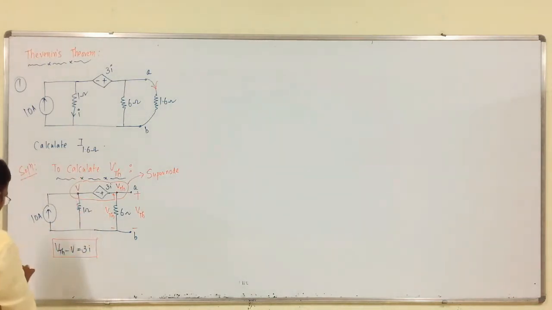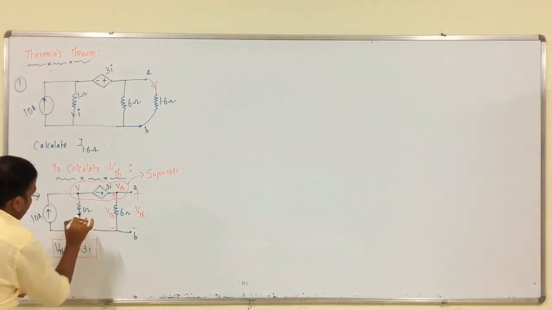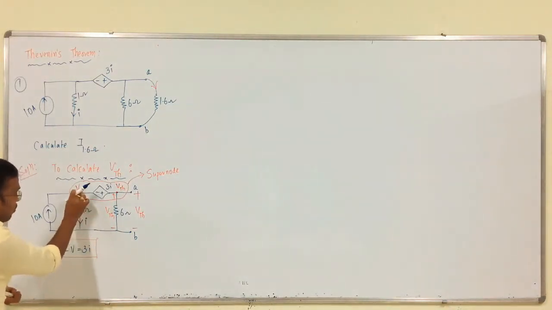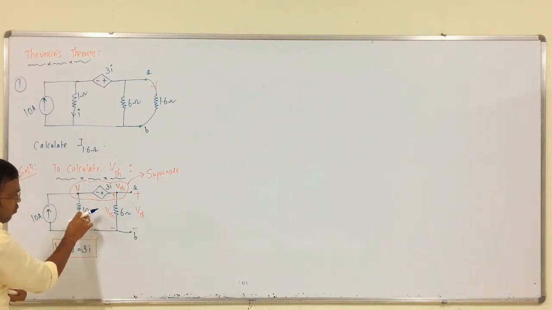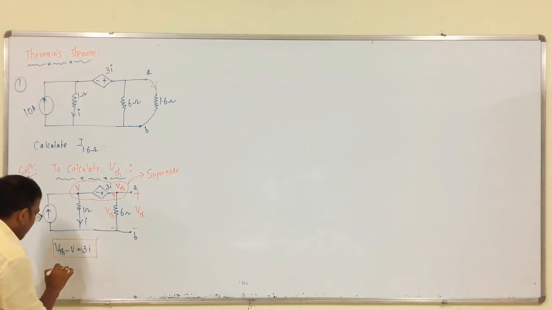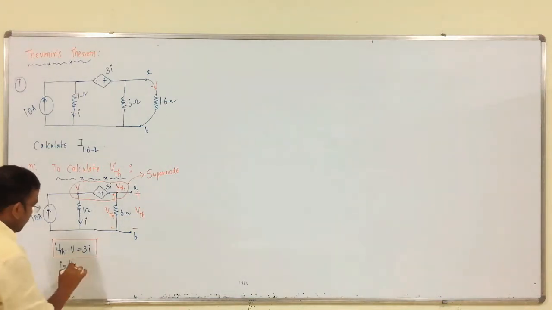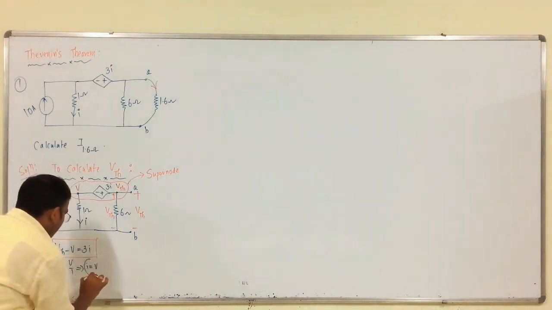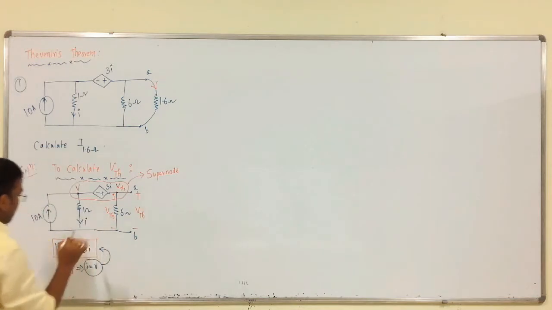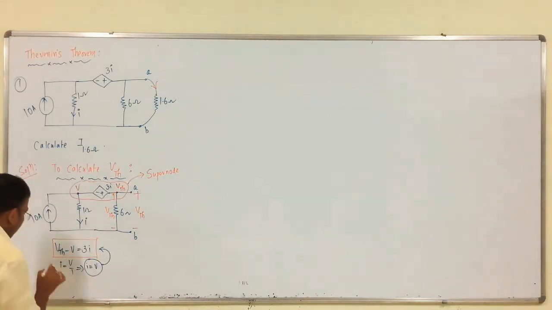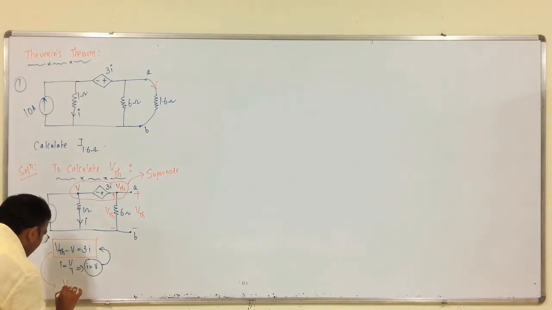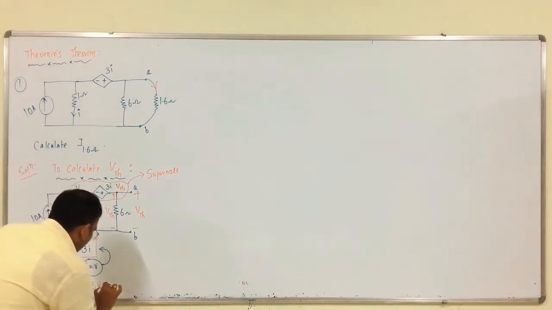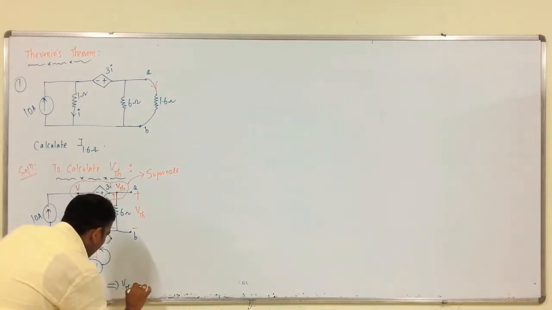Sorry, here we have I. See, what is the current value in this branch? The voltage at this node is V. We have a 1 ohm branch, so the current is I equals V by 1. So, I is equal to V. Substitute this I value into the earlier equation. Finally, we have VTH minus V equals 3V. Therefore, VTH is equal to 4V.